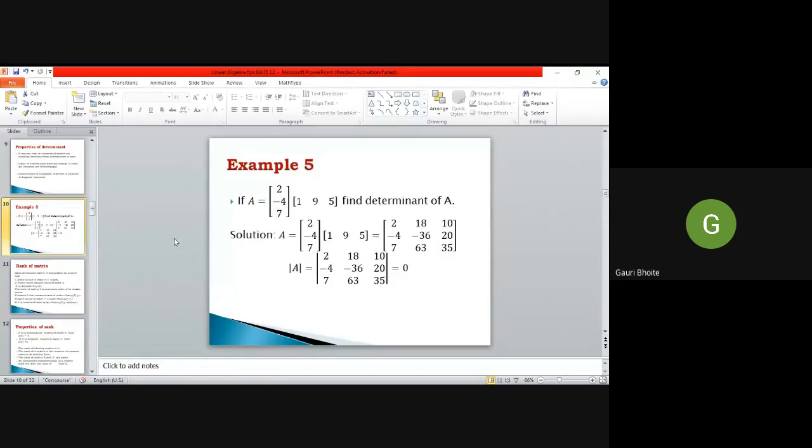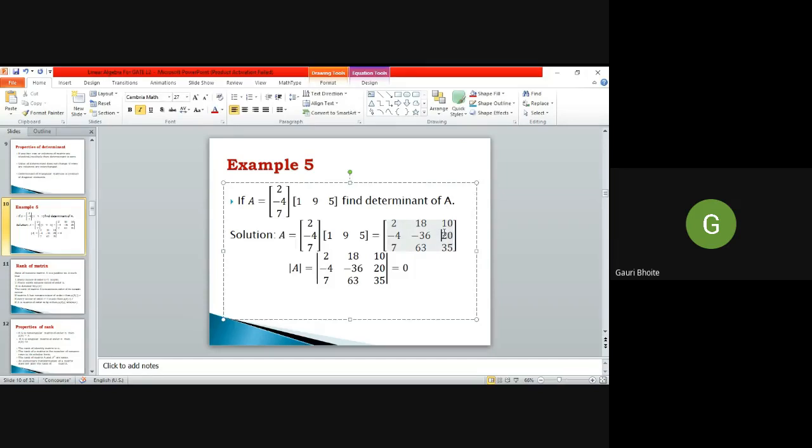So let us simplify this example. This is an example from a GATE question. Find the determinant of matrix A, where A is the matrix product of two matrices: 2, minus 4, 7 and 1, 9, 5. One is the column matrix, another is the row matrix. The order of the first is 3 by 1, the order of the second is 1 by 3, and the resultant matrix is 3 by 3. So 2 into 1 9 5 gives 2, 18, 10, then minus 4 into 1 9 5 gives minus 4,